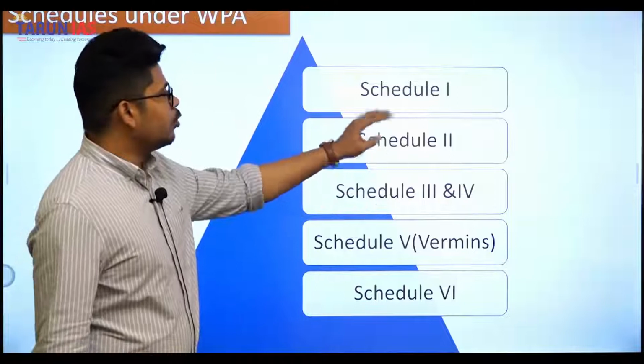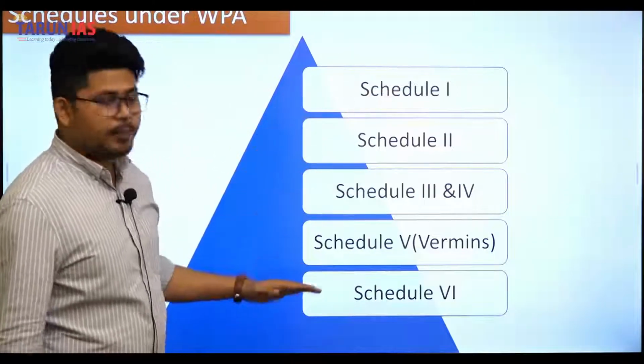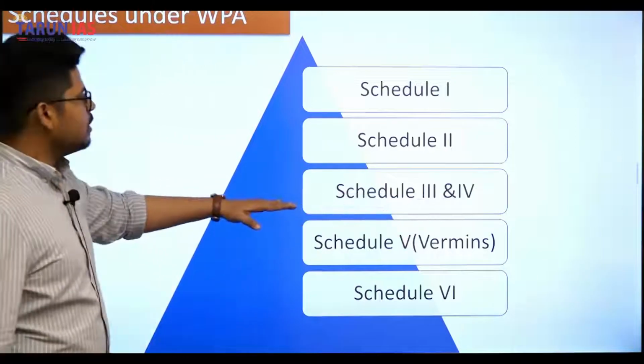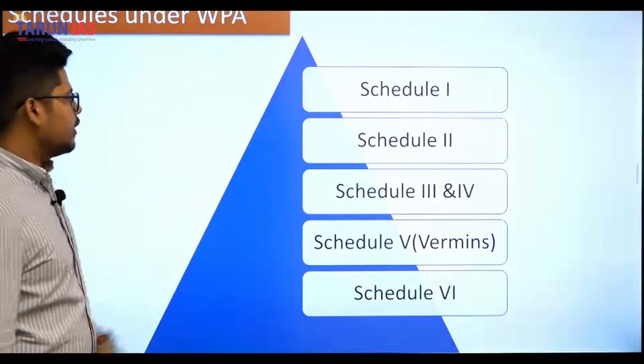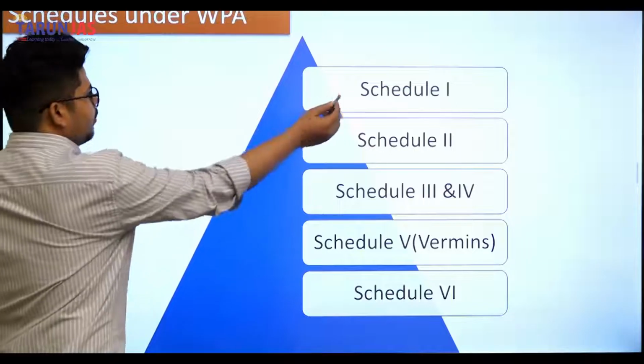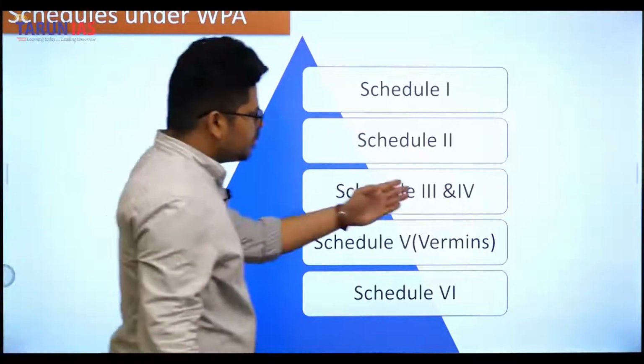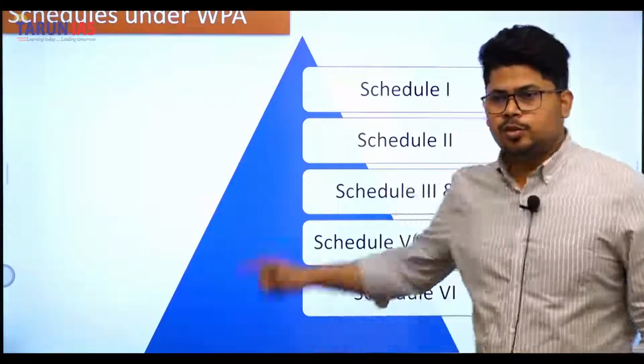Schedule 3 and 4, 2 and 1. Now this is a pyramid from 1 to 4 which shows the level of protection provided. The highest level of protection is provided to Schedule 1, then Schedule 2, then Schedule 3 and 4. So Schedule